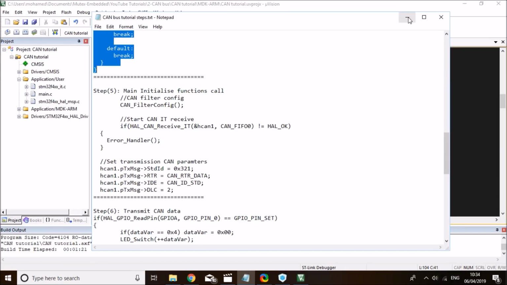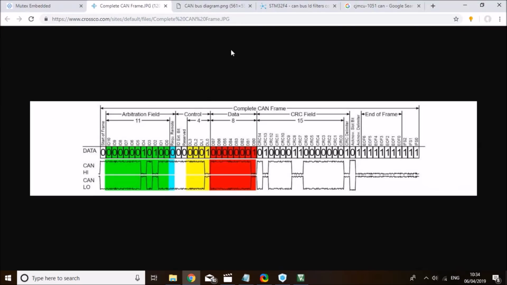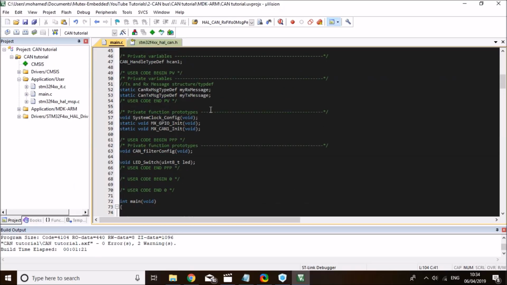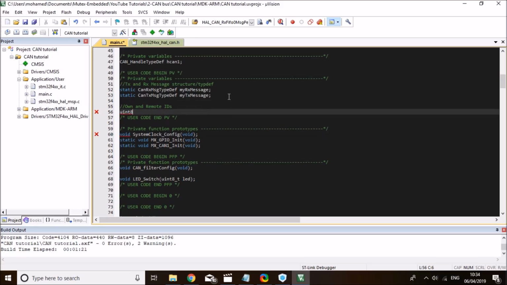Before I do that, let me define two variables for the CAN bus IDs. As I showed you, you need to define the CAN ID for the device as part of the bucket. And because I've got two STM boards, I need to have two IDs, for my own board and for the remote board. And I can keep them the same as well. So let me define two variables for them, my own and remote IDs. Unsigned integer 16. I'll call it my own ID,